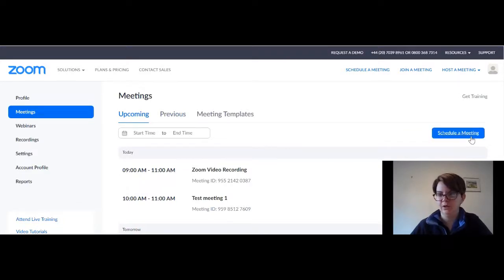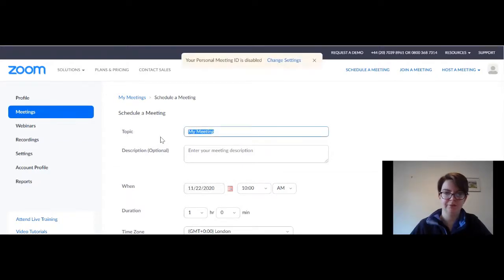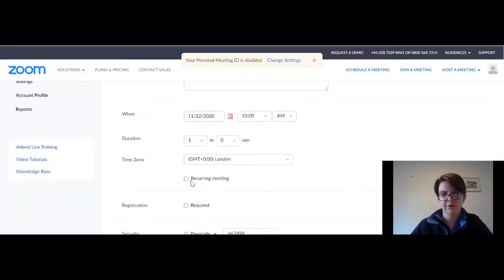To schedule a new meeting, you click on this blue button which says schedule a meeting on the right hand side of the screen. When you click this, it will prompt you to type in the topic of your meeting. This could simply be Unit Meeting 1 or another name for your unit meeting. It will ask you when your meeting is, both the date and time, and how long you would like your meeting to last. There is a button here which you can tick for a recurring meeting. However, I would recommend that you send the parents a new link to each meeting each week, as it can be hard to keep track of the recurring meeting link as it moves down people's email inbox.